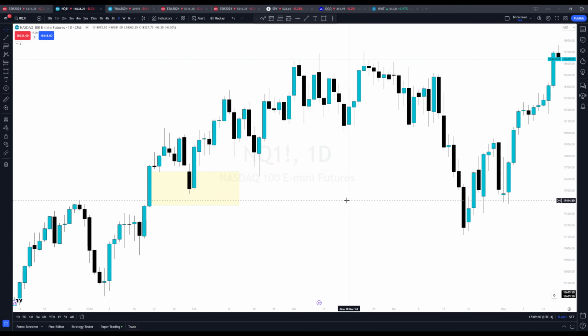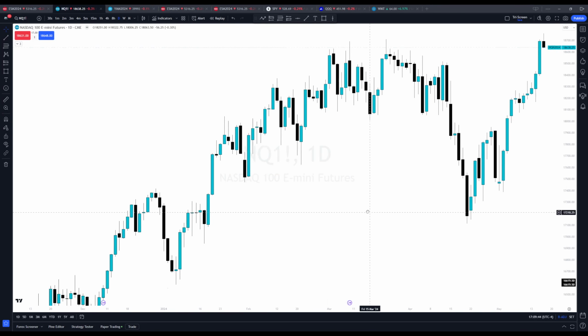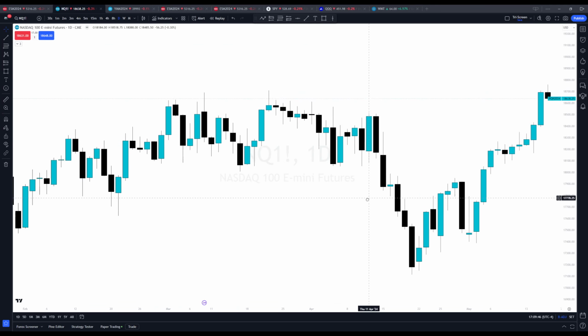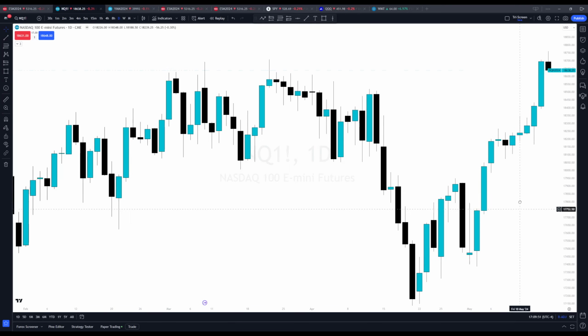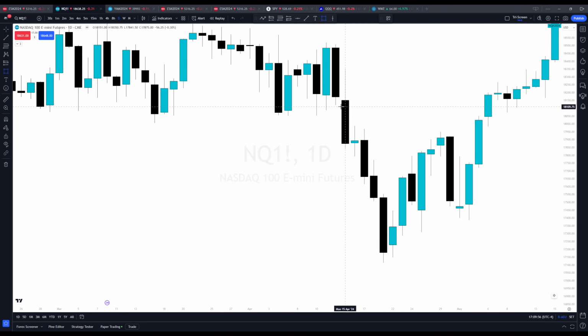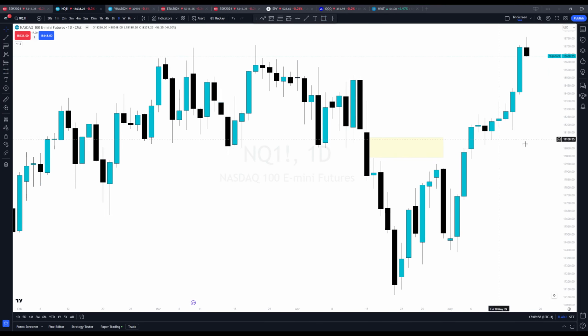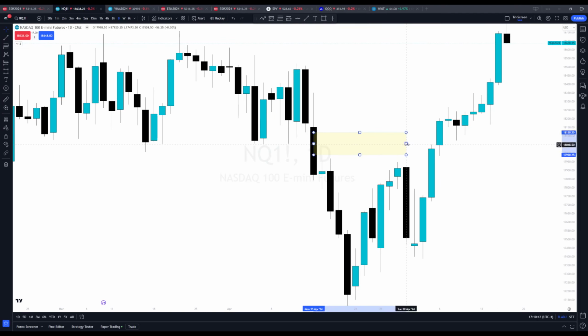So that's just the definition of a fair value gap, and then you kind of see what a bearish one would be. I'm trying to find a good example. I guess there are really good ones here on the daily, but a bearish one would be like here. Also, these concepts work on any single thing that you trade: crypto, QQQ, SPY. I just happen to trade futures, but this would be a bearish one here, right?